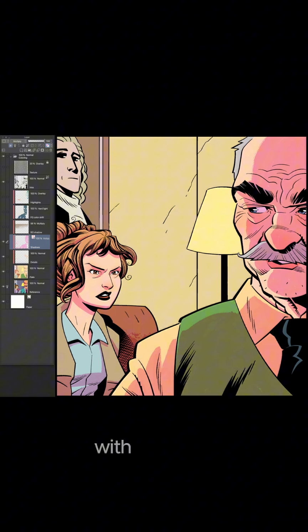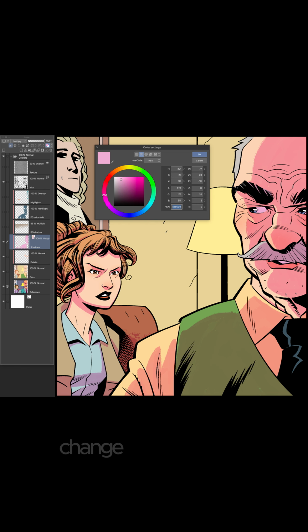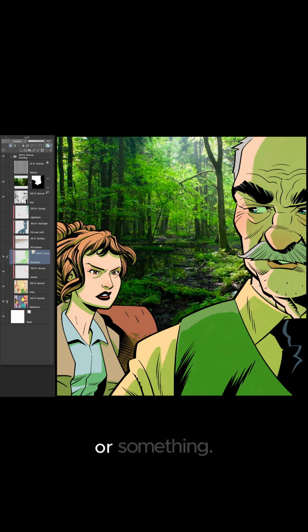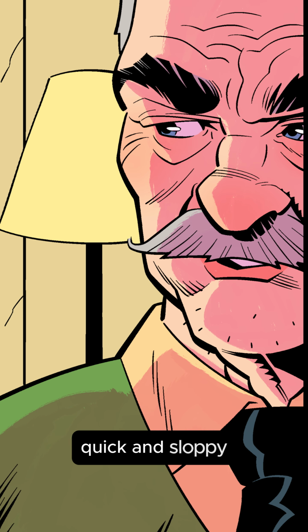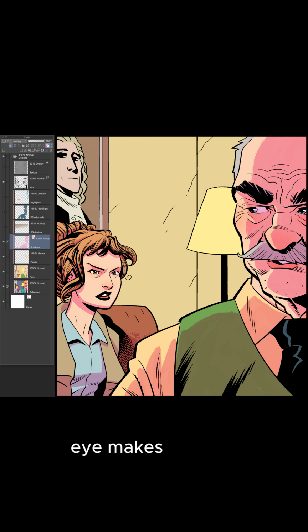Then I have the shadows with the color set as a layer color. I like to use a grayish violet for my shadows, but that may change depending on the scene. For example, if this were set in a forest, I might make the shadows green or something. I colored everything in kind of quick and sloppy strokes with a textured brush. You may notice that coloring quickly leaves little errors like this and this. If you're looking for problems, you'll find them, but this saves time, and generally